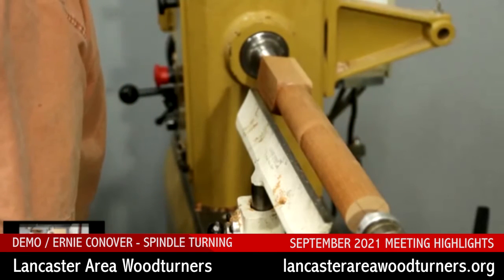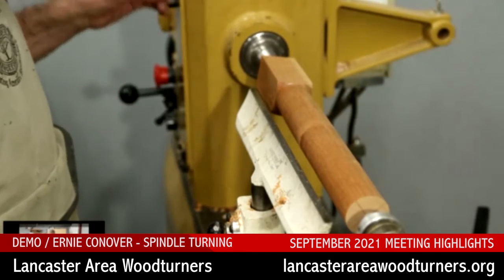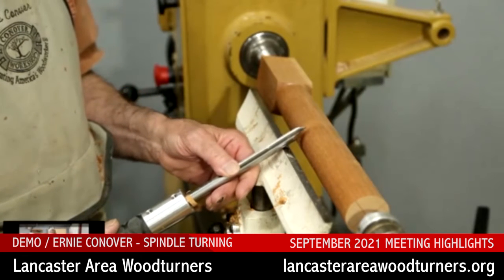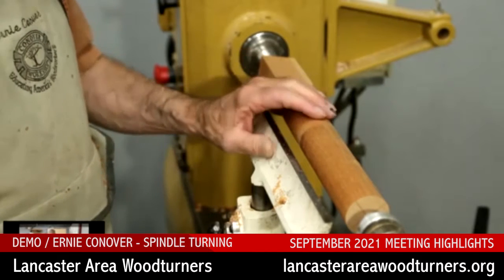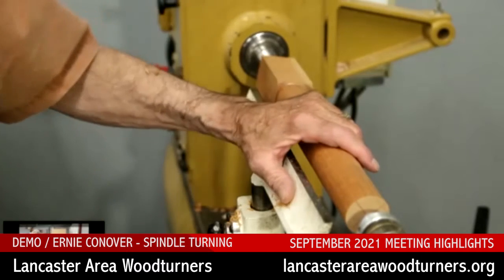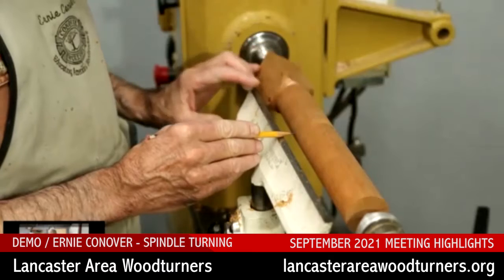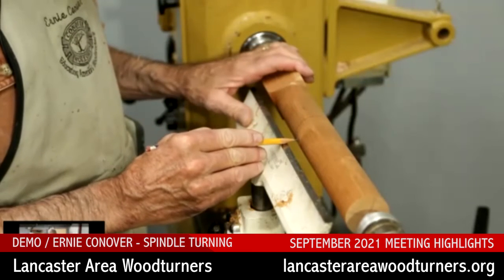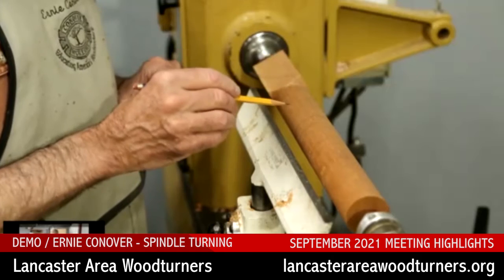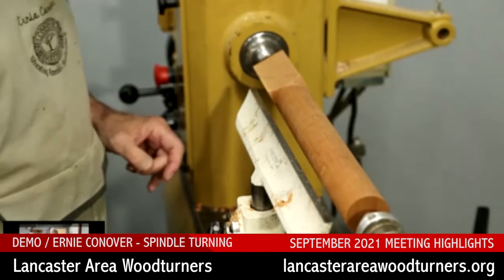Let's look at cutting coves and beads now. And I guess I'll start by saying you can't cut a cove that's smaller than the chisel. In almost every class, I have somebody that tries to do that, but you can't do it. But I think for a beginner, you're good to make a couple of lines to try to hold your cove between those two lines. And to cut a cove,